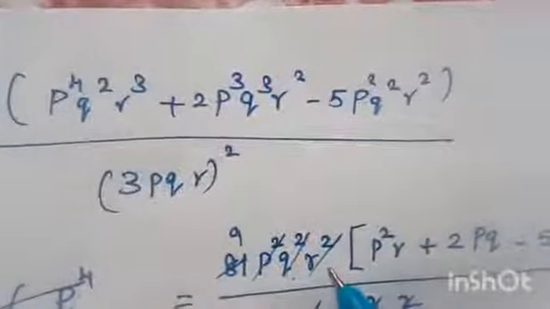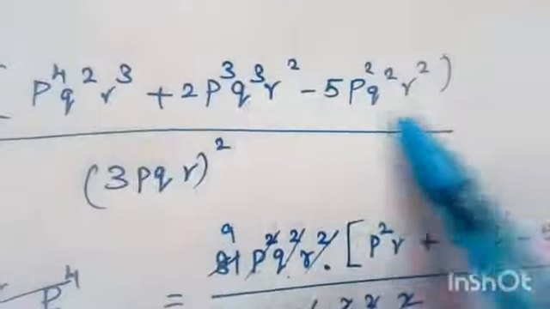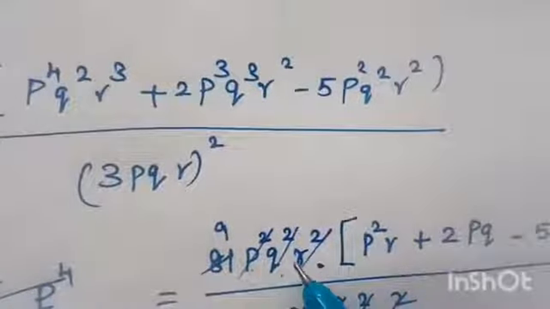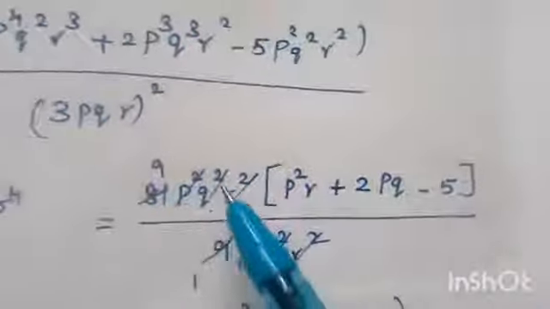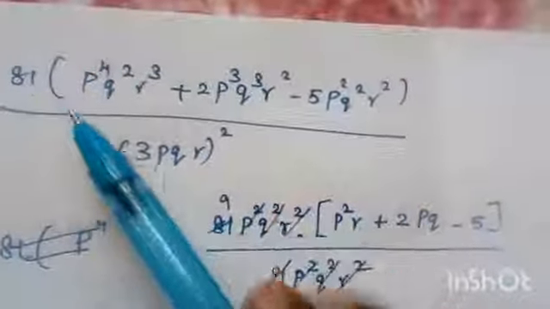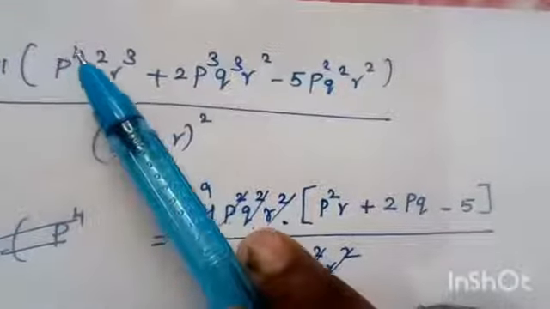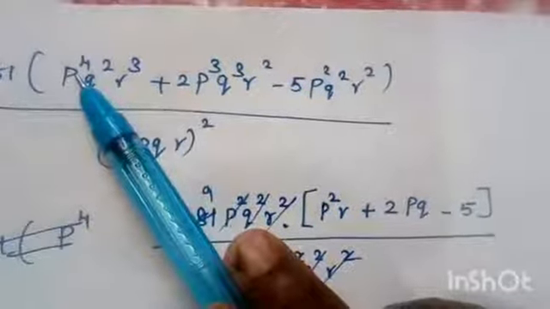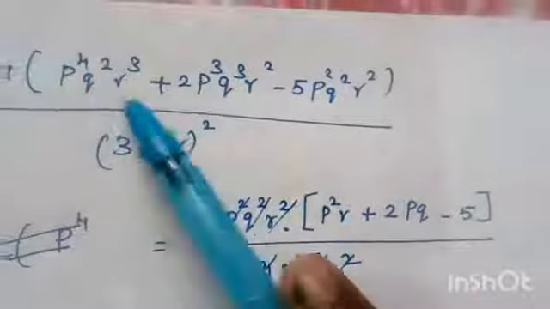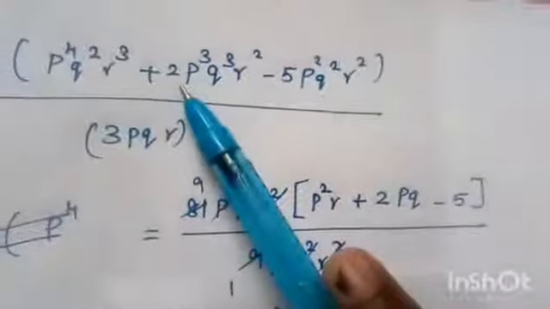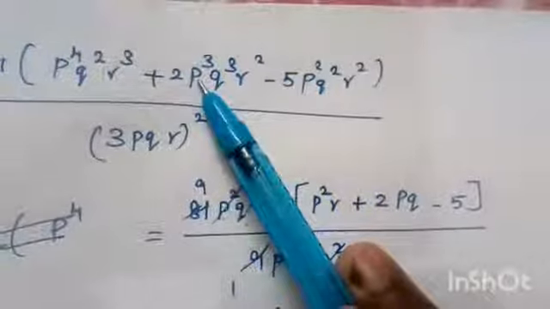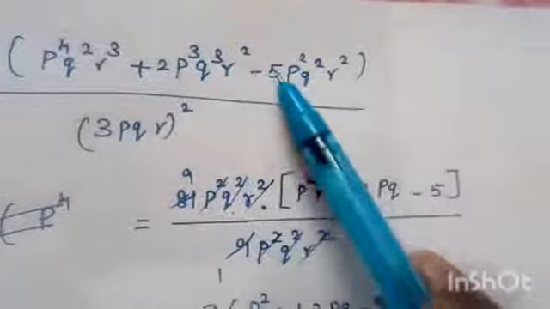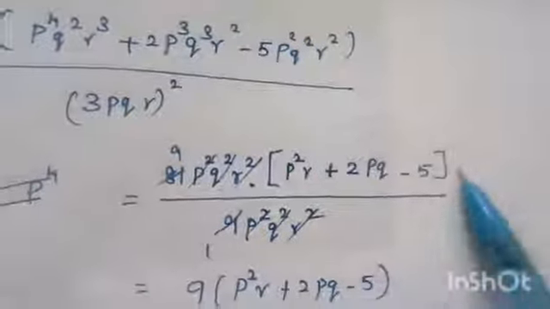Minimum power, have you understood that meaning? Minimum power means commonly you have to check which is the minimum power. Okay. So P square, Q square, R square, take outside. So that is for P square, Q square, 81 already is there. Then taken outside P square, Q square, R square. Then after that P power 4 is there. 2 times taken outside, remaining 2 times, that is P square. Q square already taken outside, so remaining R plus 2. For P square taken outside, so remaining P. Q square taken outside, remaining Q. R square taken outside, that means this place 1 minus this fully taken outside, so remaining minus 5, whole divided